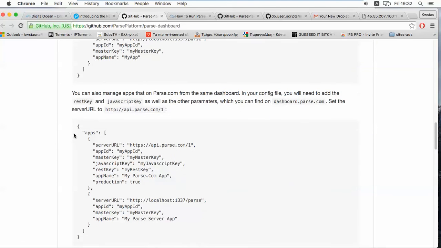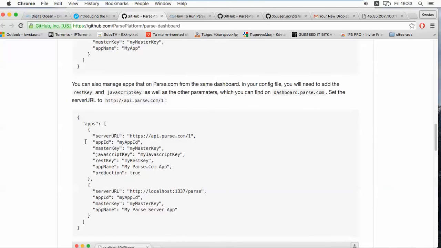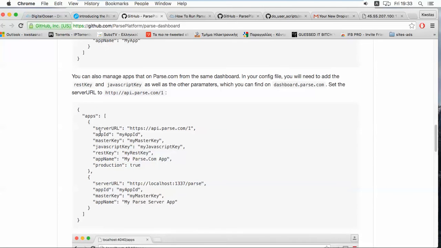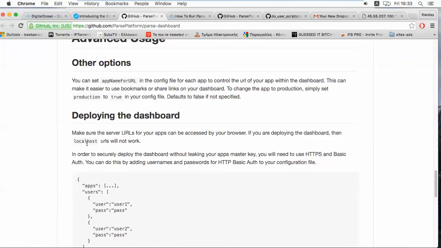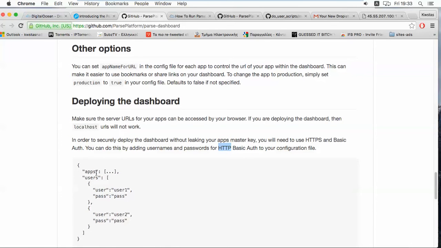And now, as you can see, you can make your own configuration JSON. Here you configure the app. If you have many apps, it's like these apps. It's a simple JSON file. But because we have not enabled SSL like HTTPS, we have HTTP basic authentication to our configuration file. So what we have to do now is make a user